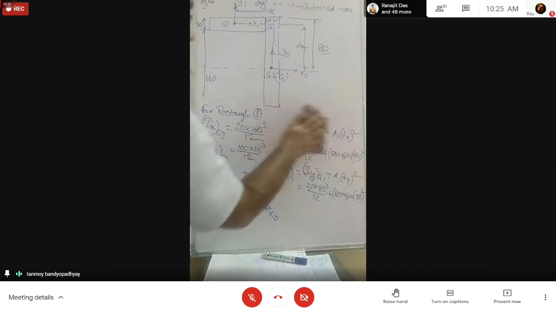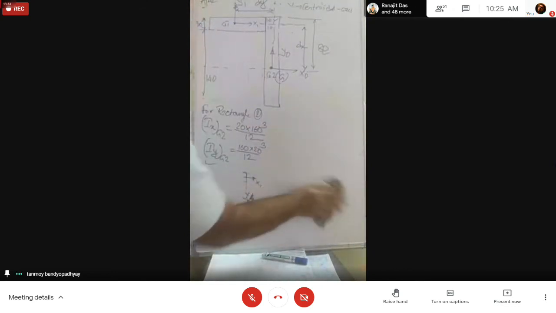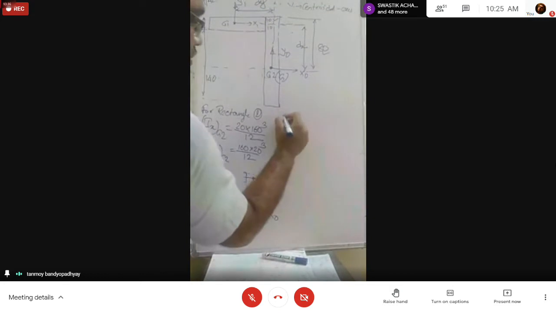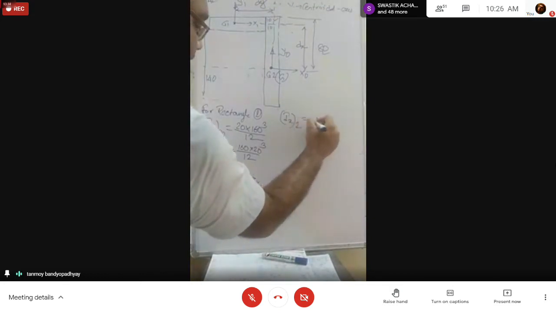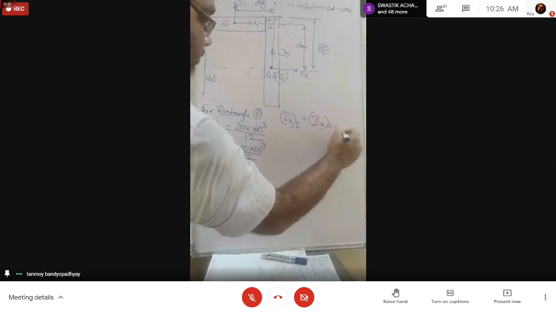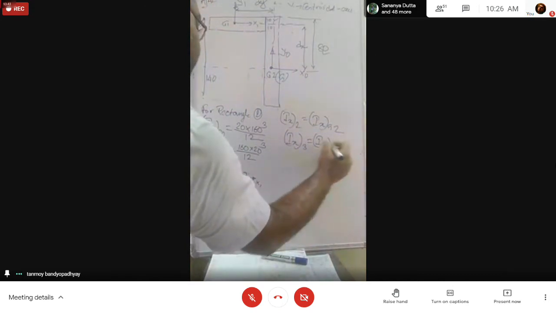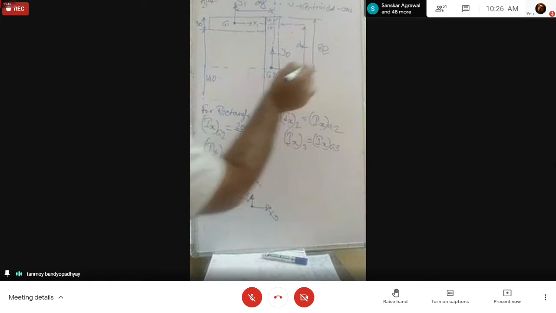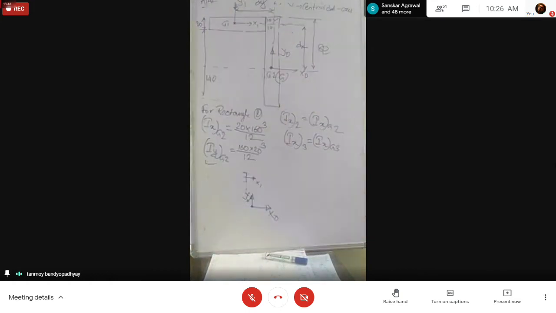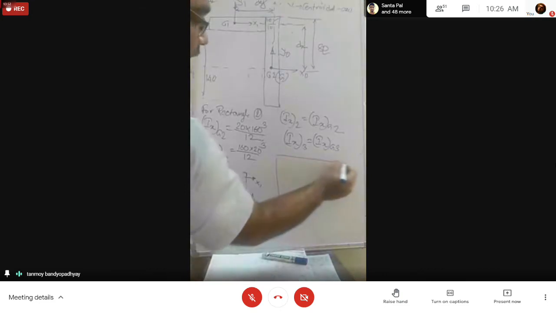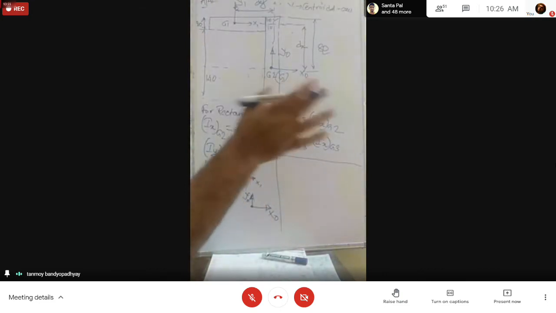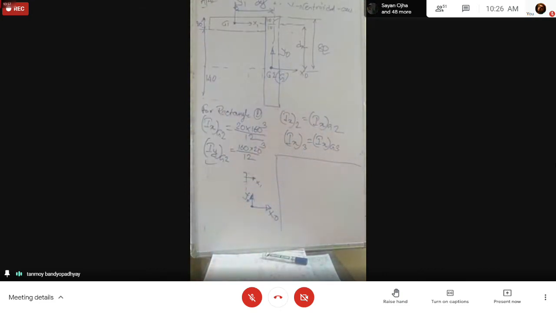So when you calculate Ix2, মানে contribution of the element number 2, Ix2 will be equal to Ixg2 itself. And similarly Ix3 will be equal to Ixg3 plus, ওই dx টা দেখো 0 আছে because G2 and G has coincided. Similarly, we calculate it for rectangle number 3. So rectangle number 3 and rectangle number 1, since they are symmetrically placed, they will be having equal contribution to the moment of inertia. ठीक है? Just you need to add on.